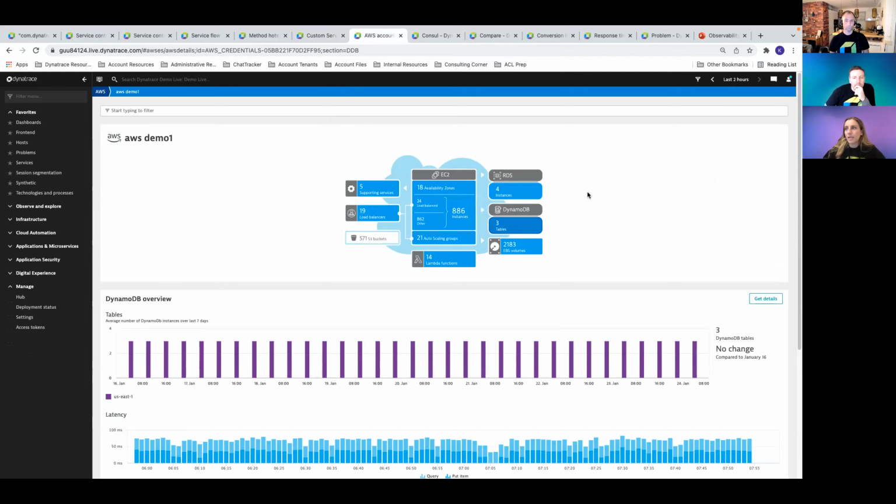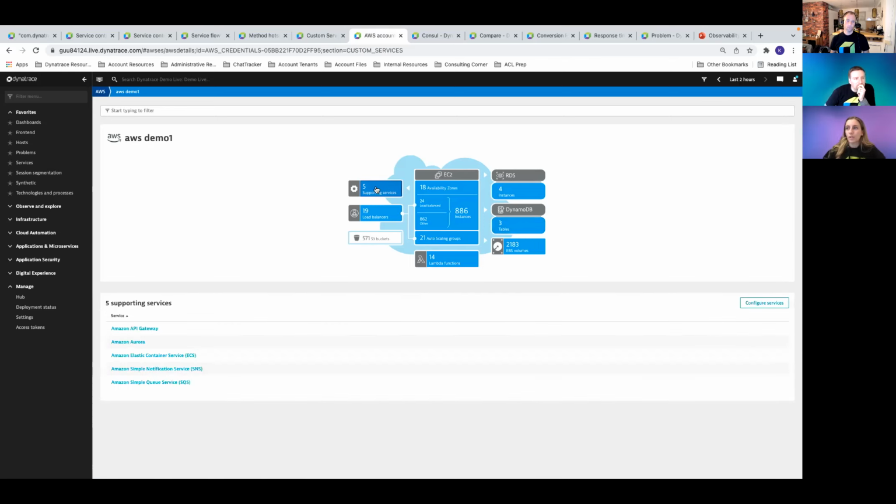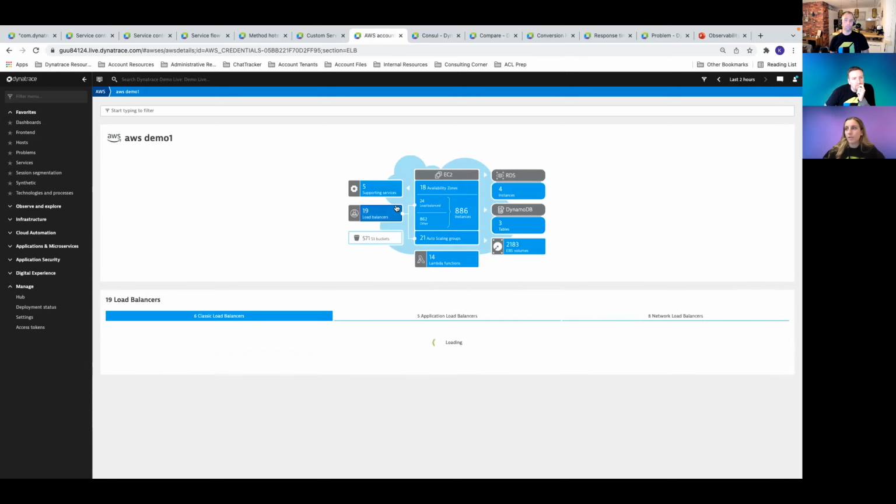But you're able to see other aspects in your environment to give that full picture view. So in the case of AWS, we're able to see any potential supporting services like Aurora or the API gateway, how that may be helping with your application, any load balancers,